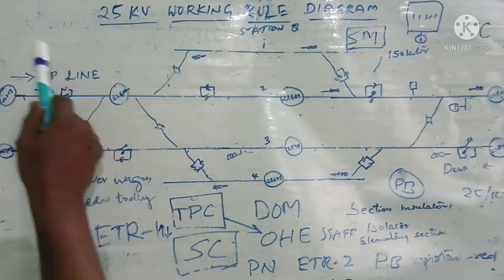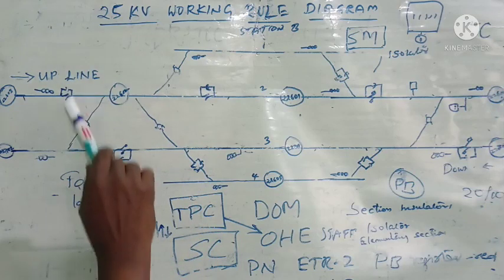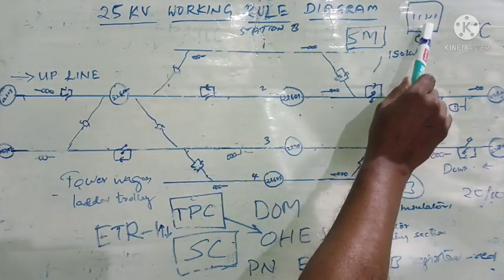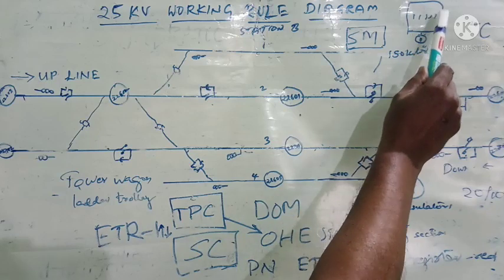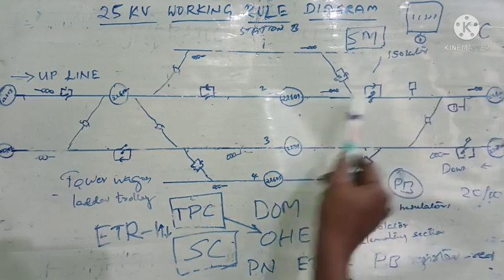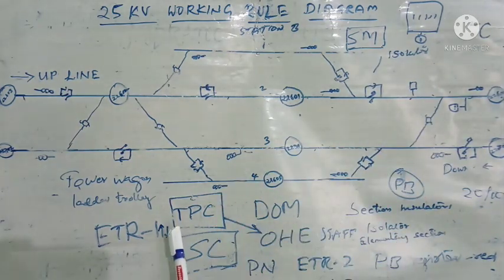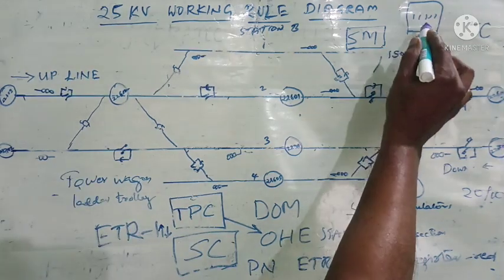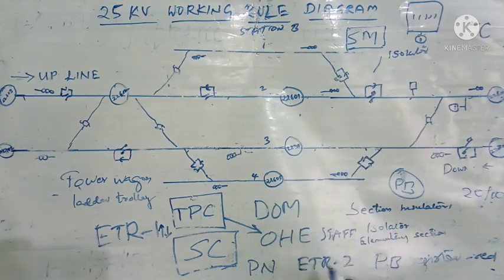Suppose there happens to be a switching post here at the station, a duplicate key of that switching post will also be kept in this box. So it is named as isolator key bar switching post key box. In emergency, the isolator is to be operated by the station master or by the pointsman of the station under the direction of TPC. Whenever a key is taken out from this isolator key box, it should be recorded in